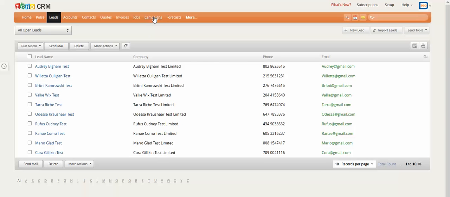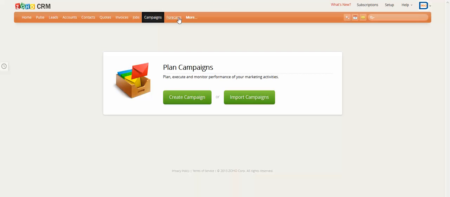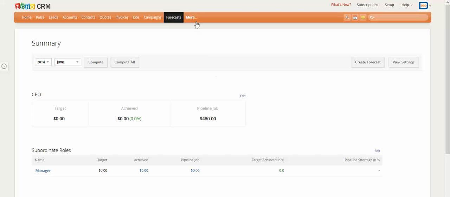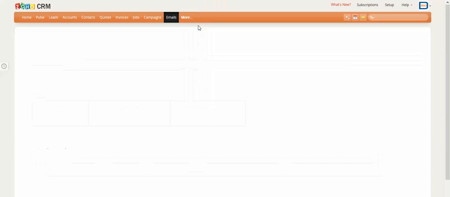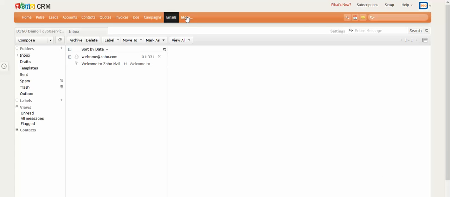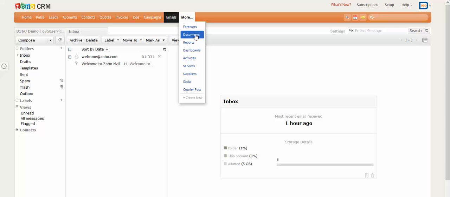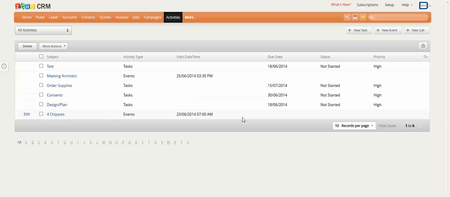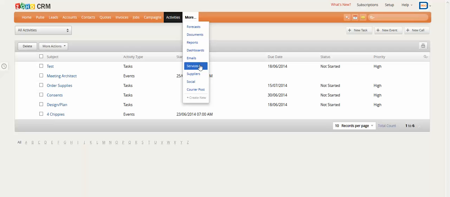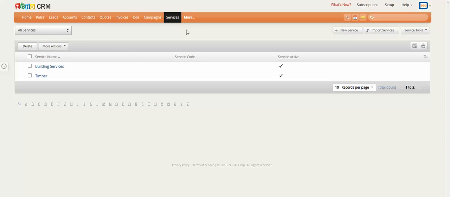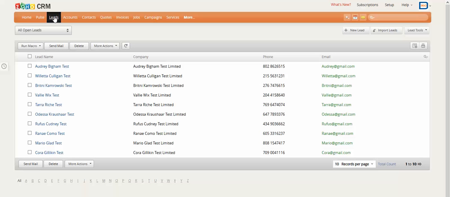So whether it be campaigns, we can have a look at forecasts for your salespeople. You can see emails, documents, reports, dashboards. You can see activities and what you're doing with each particular job and account. You can see services and so forth. So I'm going to go through that, but primarily what we're looking at is going from a lead,